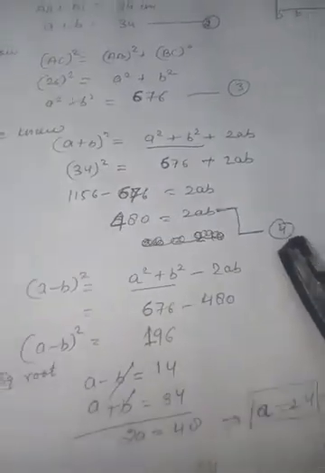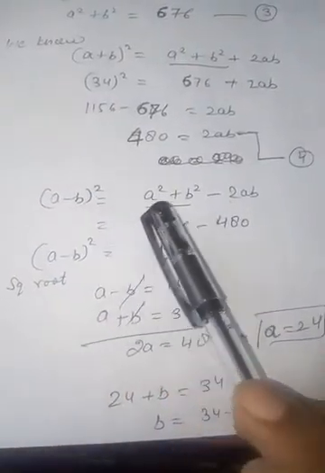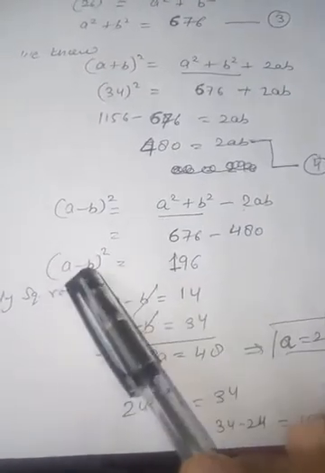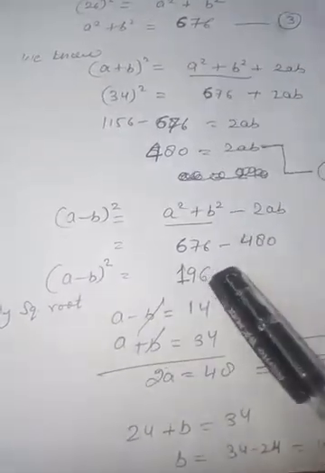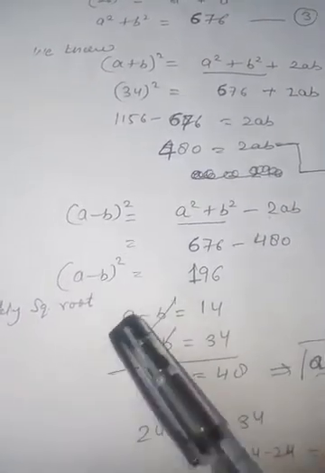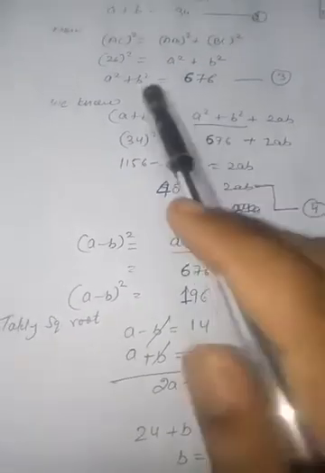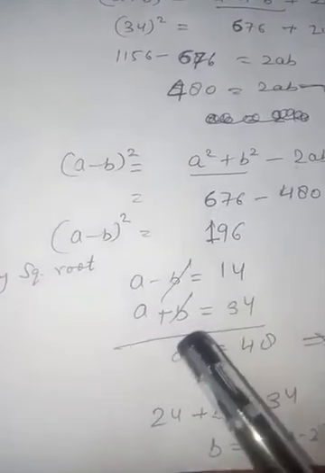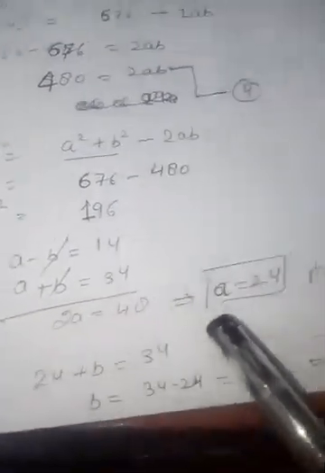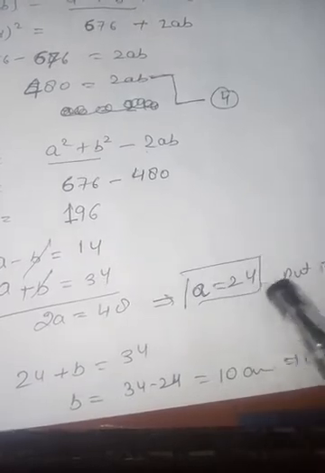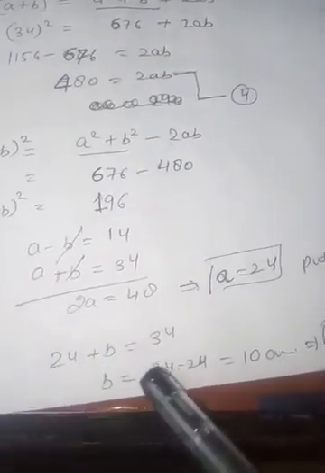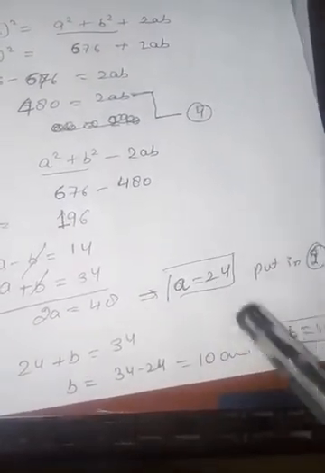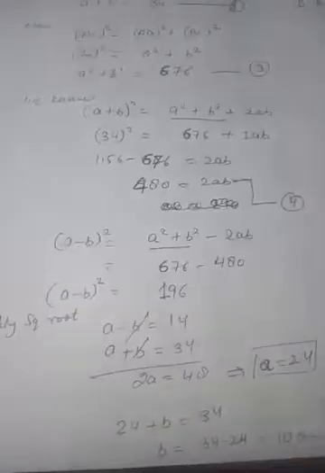This is equation 4. Now again we will use (a minus b) whole square equals a square plus b square minus 2ab, the property. Put the values. Here we find (a minus b) whole square equals 196. Taking square root, we get a minus b equals 14, and a plus b we already have, a plus b equals 34. Now add together, b cancels, that is 2a equals 48 and a equals 24. This value put in equation second. Finally we get b equals 10. These are the two values we have to find. a equals 24 and b equals 10 centimeter.